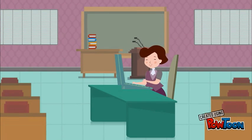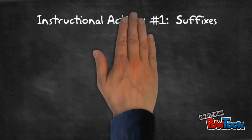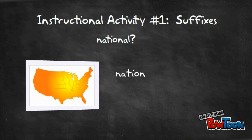Since this student is already a fluent reader, I chose instructional activities that focus on expanding vocabulary and comprehension so the student can continue to grow in reading. The first instructional activity is teaching more suffixes. One of the 2 4th grade words he missed was national. He knew what nation meant, he just needed to learn the suffix all to be able to figure out the